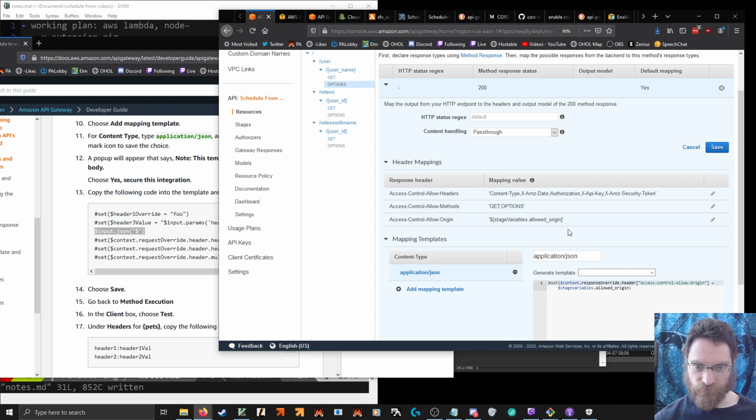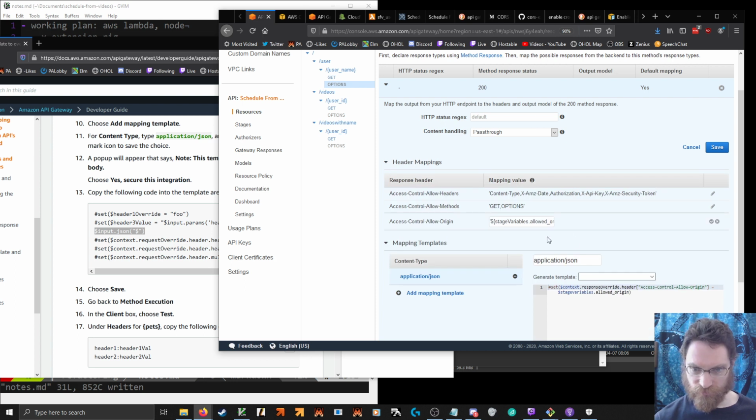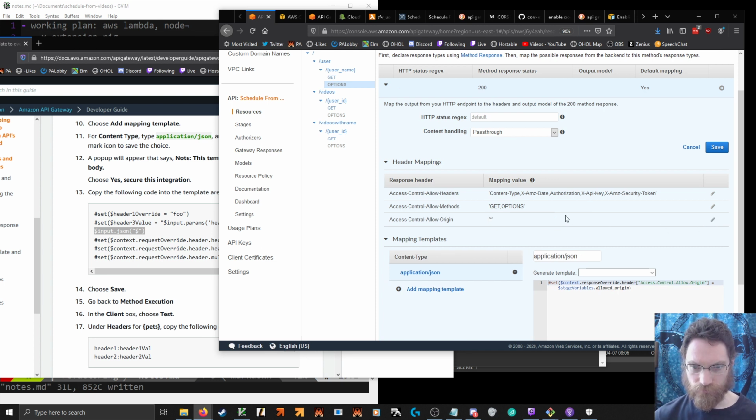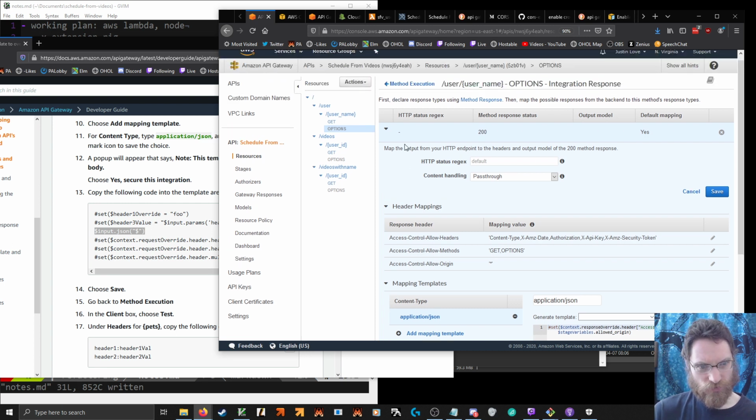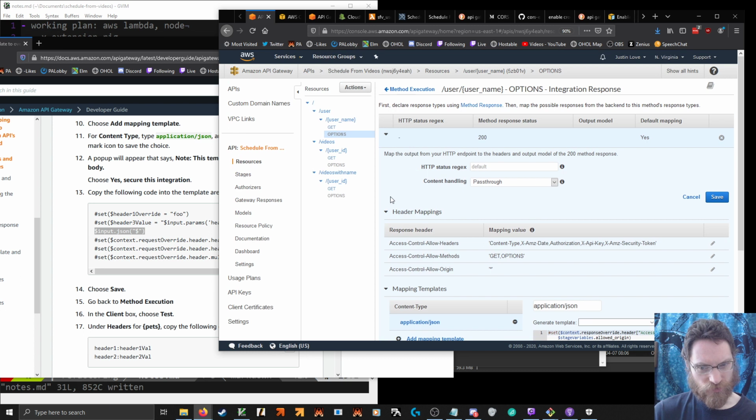Oh, header mappings, yes. And I saw something about integration response in there. So you could potentially reflect stuff back.